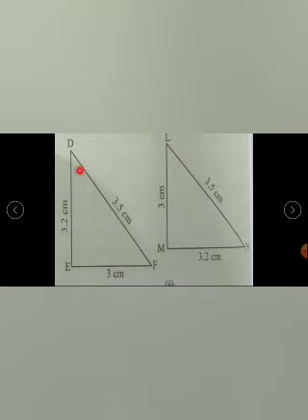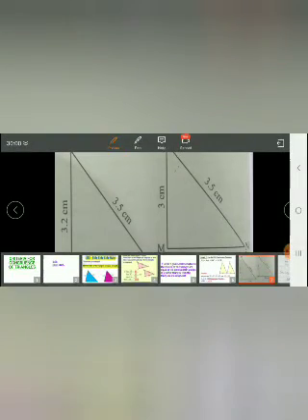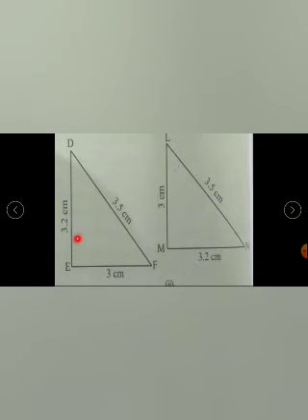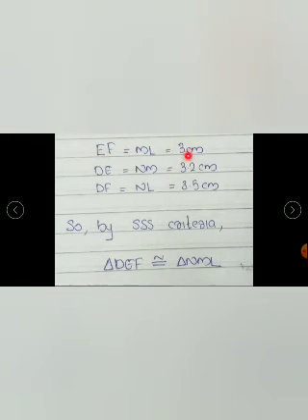Next, here ED we have 3.2 cm. So where we have here 3.2, MN. So the corresponding part of ED is what? MN. Now DF we have 3.5 cm. So the corresponding part is NL. Not LN but NL. Clear? So which all are the corresponding parts? EF equal to ML, 3 cm, given according to the question. And DE equal to NM, it is also given in the question, 3.2 cm. DF equal to NL is 3.5 cm, that is also given in the question. So we identified the three equal corresponding parts in the two triangles, isn't it?